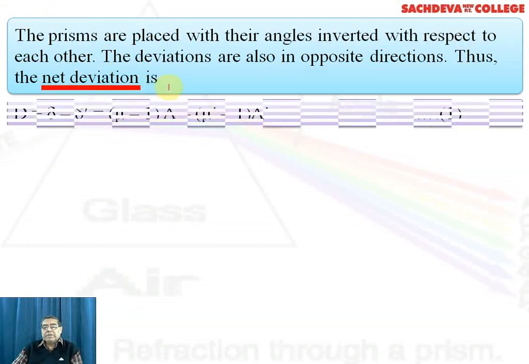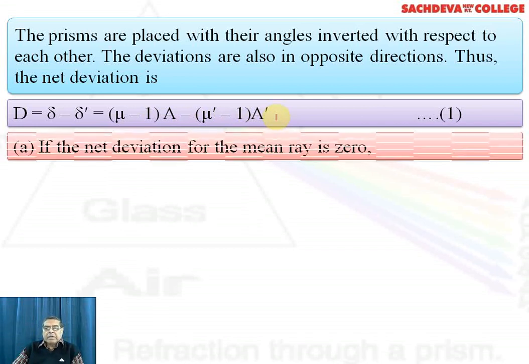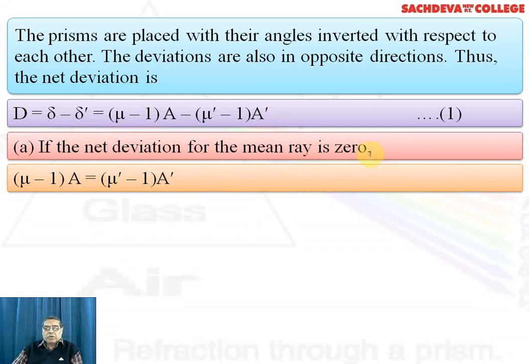Therefore, the net deviation is calculated by the following formula: D is equal to delta minus delta dash, and that is equal to (mu minus 1) into A minus (mu dash minus 1) into A dash. So, from the previous equation, we have calculated this value and we have marked it as equation number 1. And now, part A of the question is, if the net deviation for mean is 0, so it means that